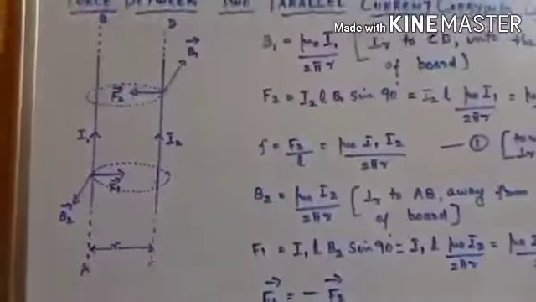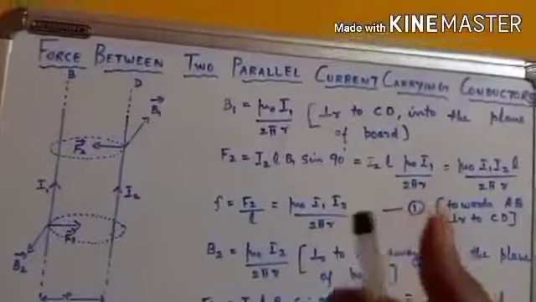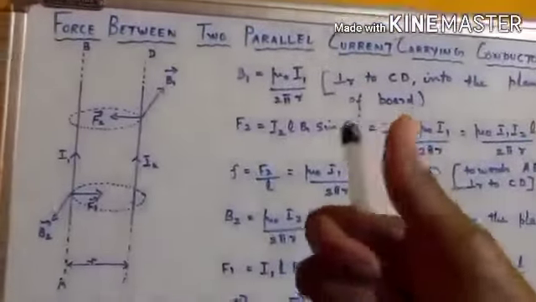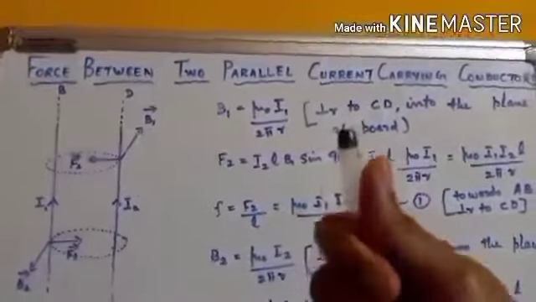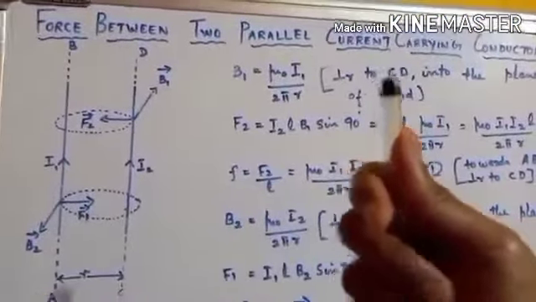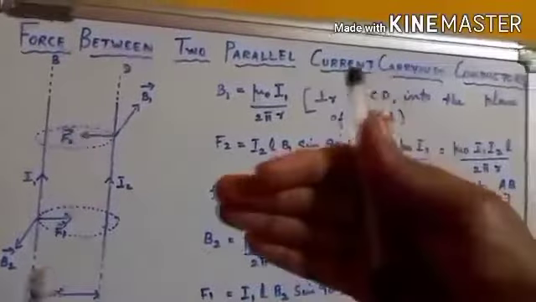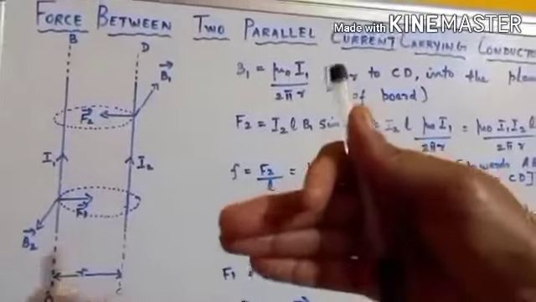And concentric circle, you hold the conductor CD, I2 direction of current. Then the fingers are curling. We have already seen that in the anti-clockwise direction. But here, the first conductor is to the left side. So on the left side, when the fingers curl in this direction, on the left side, at the perpendicular distance,